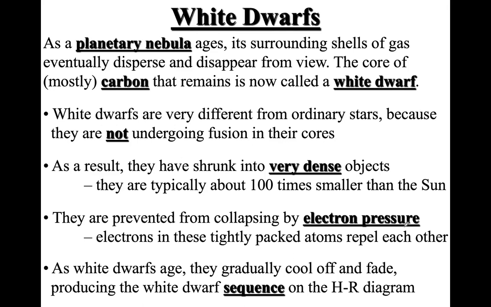But you know that there should be some kind of force at the end that will prevent these objects from collapsing more, right? Because gravity is always there. That's an attractive force. When you have these dense objects which are 100 times smaller than the sun, there should be gravitational forces that make these objects contract towards the center. And since we do not have any fusion reactions going on inside white dwarfs, there should be some kind of force that stops collapsing these objects further after the white dwarf, right?